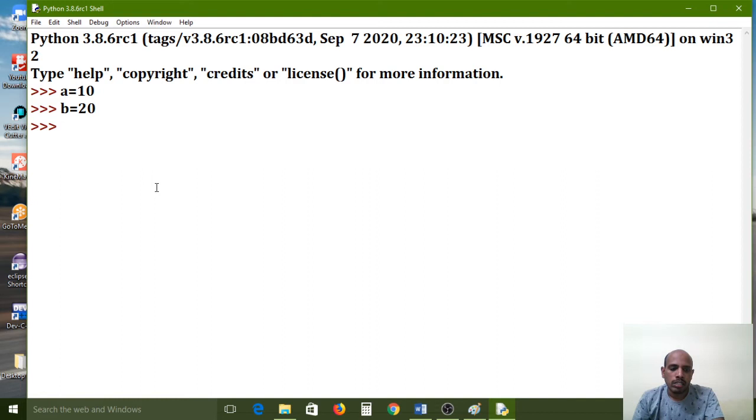Now I want to use a power 2. Internally this converts like this. Here I am writing a comment for that: a power 2. This expression converts like this.